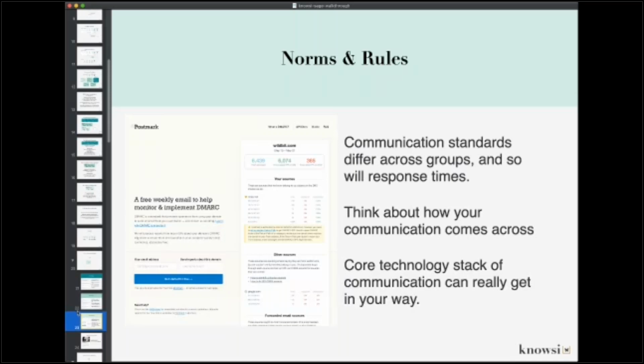You can make sure that for the domain you're sending from, you have some monitoring around the DMARC policies. There's making sure that your domain is properly set up. There are lots of really good tutorials around this, and if you are sending emails from a custom domain and not Gmail or your academic URL, I very much encourage you to look some of this stuff up and make sure you're set up properly, because for Knowsi, it made the difference between every single email we sent going to spam and every email getting past the spam filter, and specifically having a higher score.